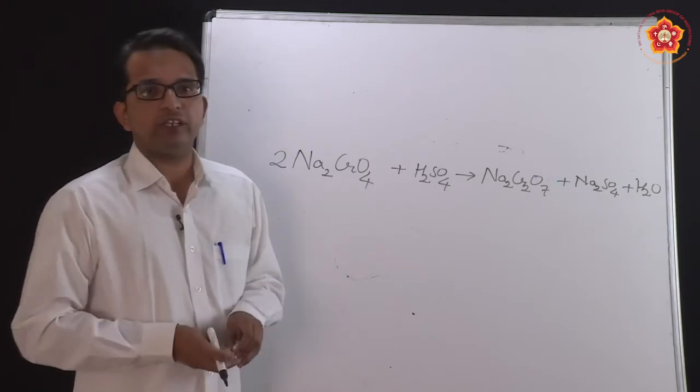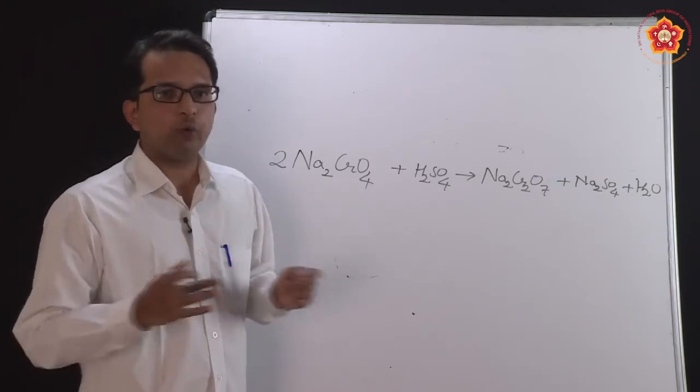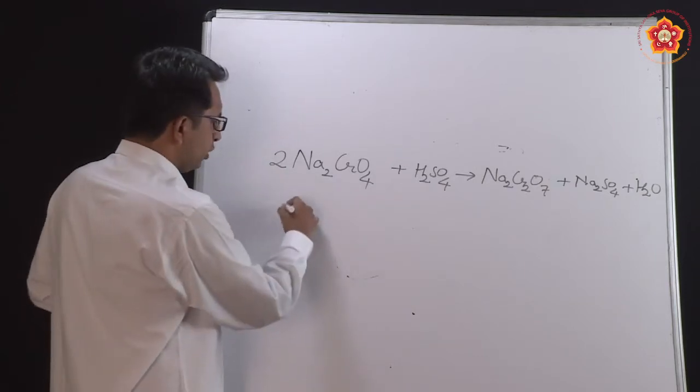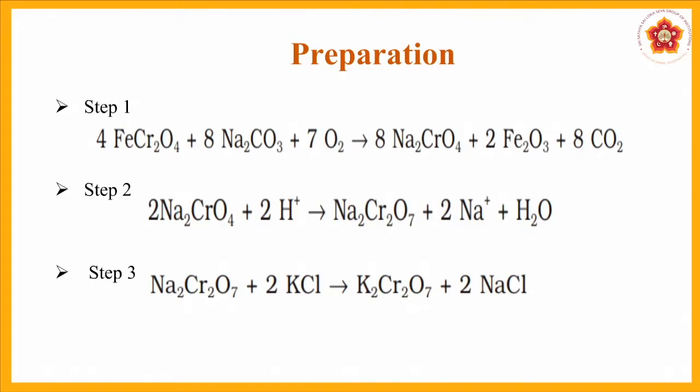But what we want here is potassium dichromate. So, how do we obtain this potassium dichromate? When we see the third step now, this sodium dichromate, Na2Cr2O7, when we treat it with a compound like KCl salt, because KCl is ionic in nature, very easily it can dissociate. So, therefore, you will get potassium dichromate with sodium chloride salt as the byproduct in this